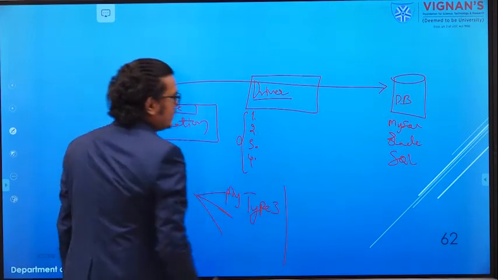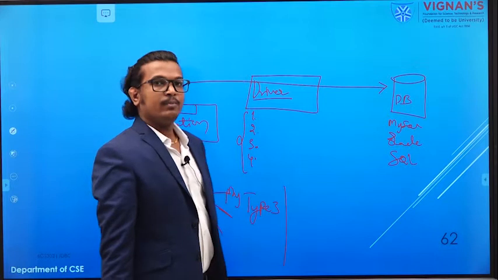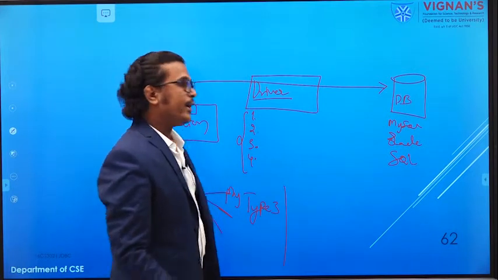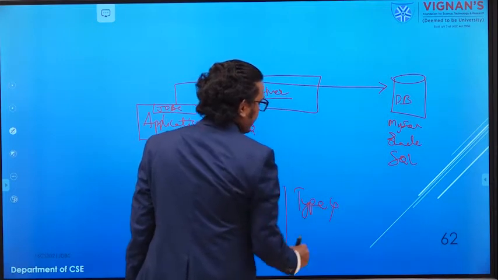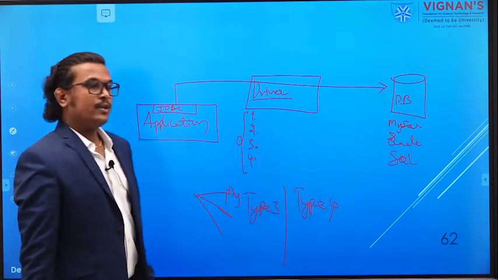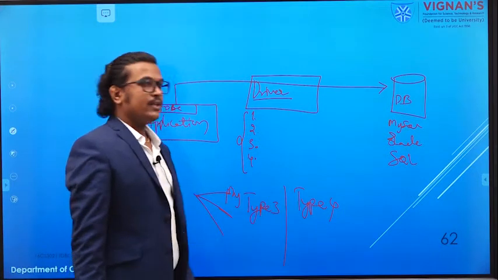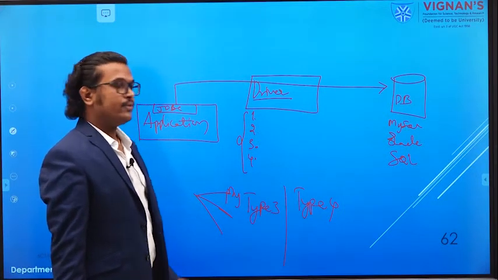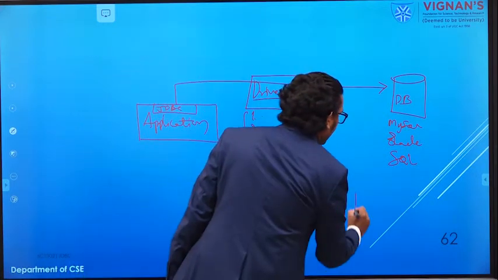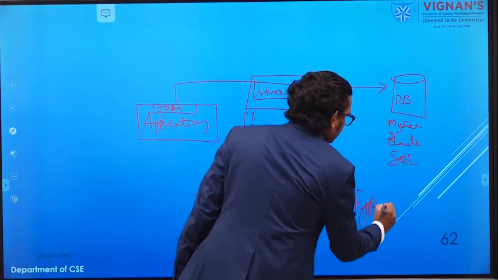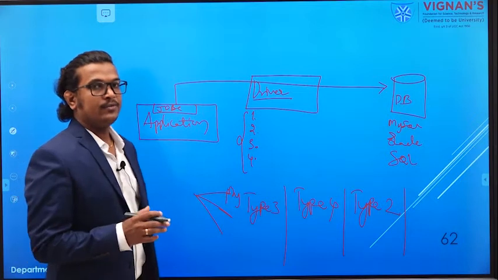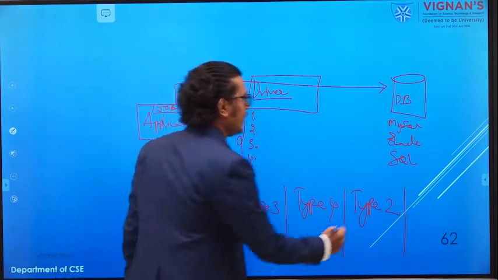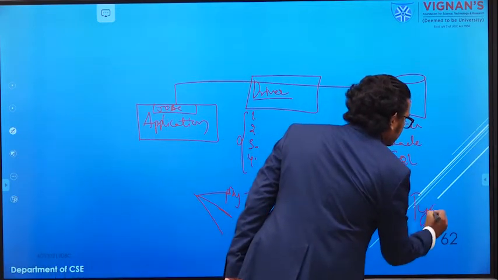If you want to connect with only one particular database, we use the type 4 driver. If type 3 and type 4 drivers are not available for your database, only then do we use the type 2 driver. If you only want to test your database for your application, we use the type 1 driver.